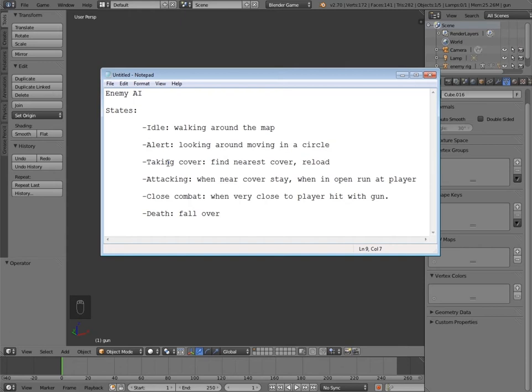The third one, taking cover, is basically when our enemy, say, runs out of bullets, or possibly takes a bit of damage or something, they'll go and run to the nearest cover and hide behind it. Then they can possibly just reload or hide until they decide to start attacking again, which links into the next state,